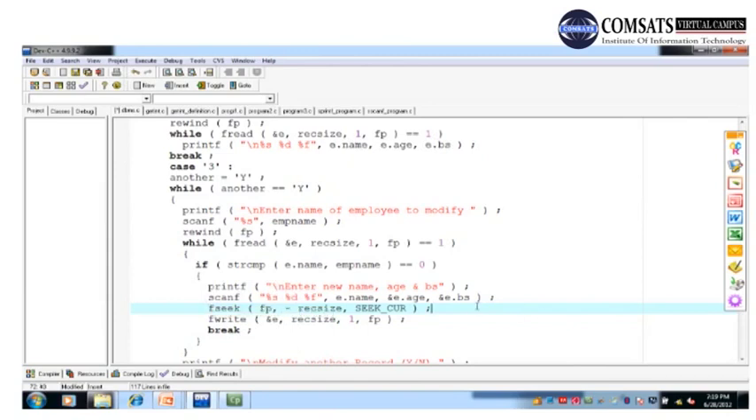Okay, so we discussed this in detail last time, why it is minus record size. Okay, so SEEK_CUR is the current position. From the current position, move one record back, because when you read that record, the file pointer points to the next record. You read the B record, it points to the C record, and you see that the name in the B record is the same as input by the user, so that means the modification must take place at B,